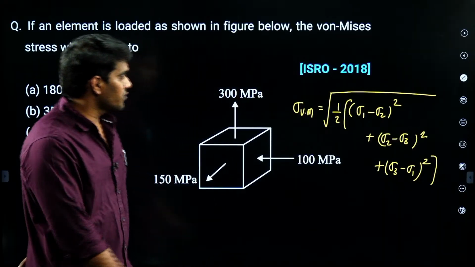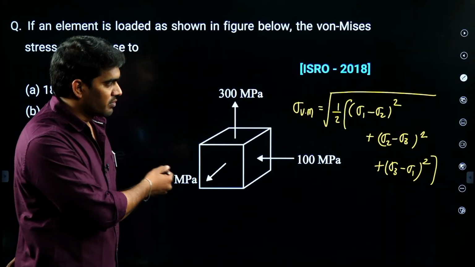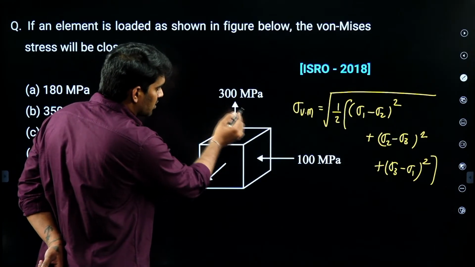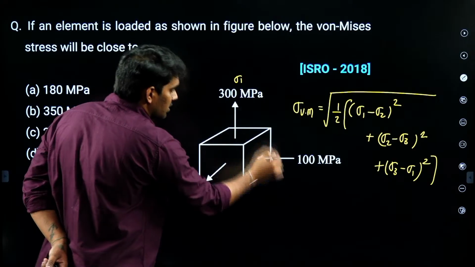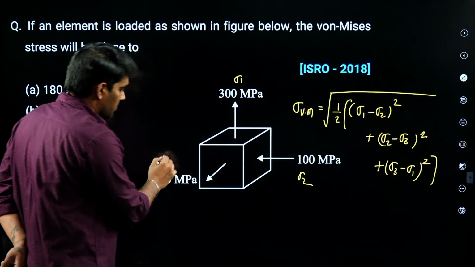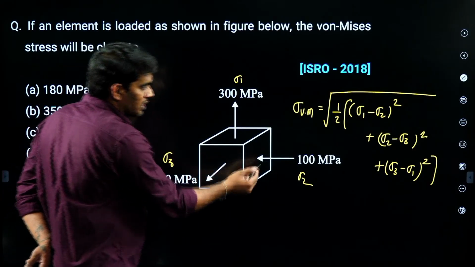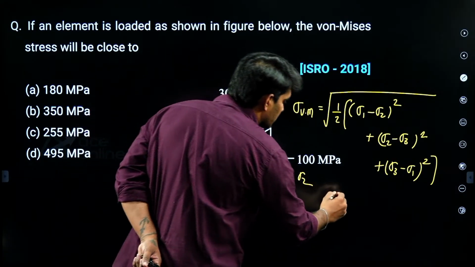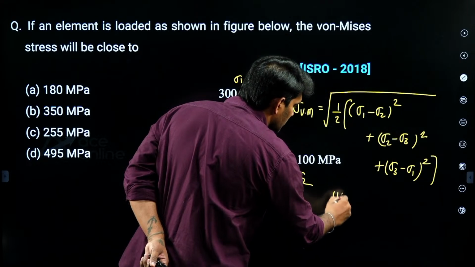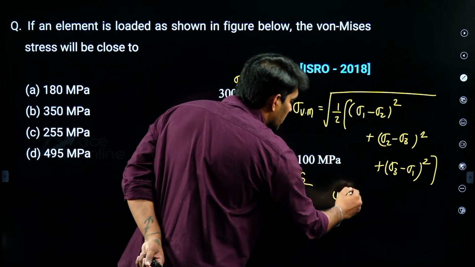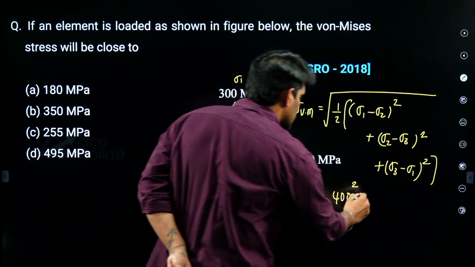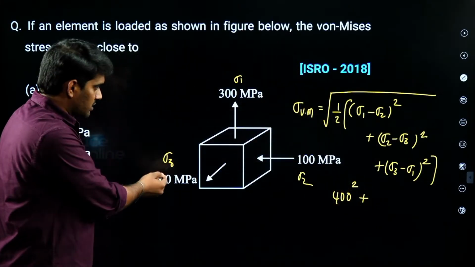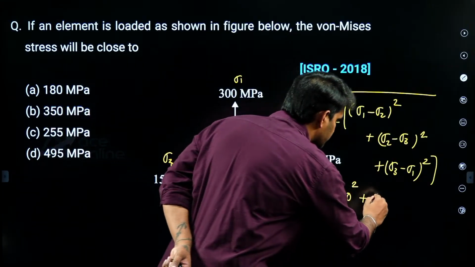Now if I consider this as sigma 1, this as sigma 2 and this as sigma 3, the range here is 400. So 400 square plus, sigma 2 minus sigma 3, which is 250 square